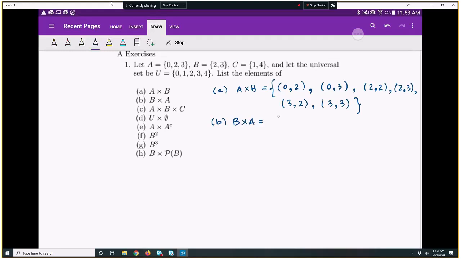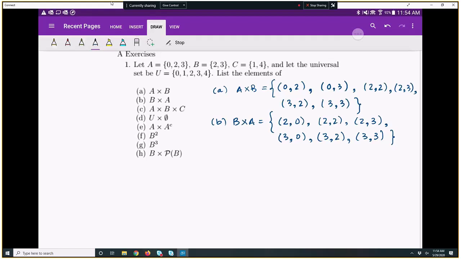So now the ordered pairs, the first element is going to come from B, and I'm going to, again, try to do this in an orderly fashion. I'm going to start with 2, and then use all of the components from A as my second component. So 2, 0, then 2, 2, then 2, 3. Next, I'll use the number 3 from B, and 3, 0, 3, 2, 3, 3. So I make sure that each element from B gets paired with each element from A, and again, I have